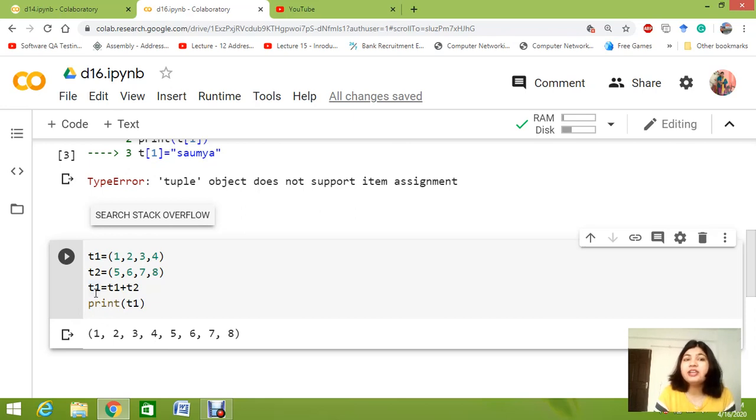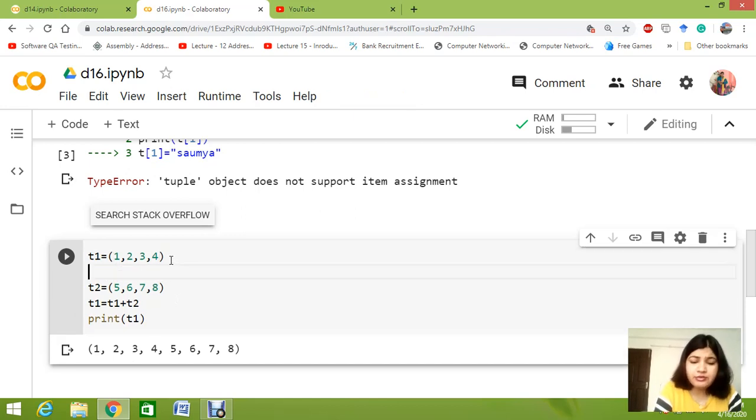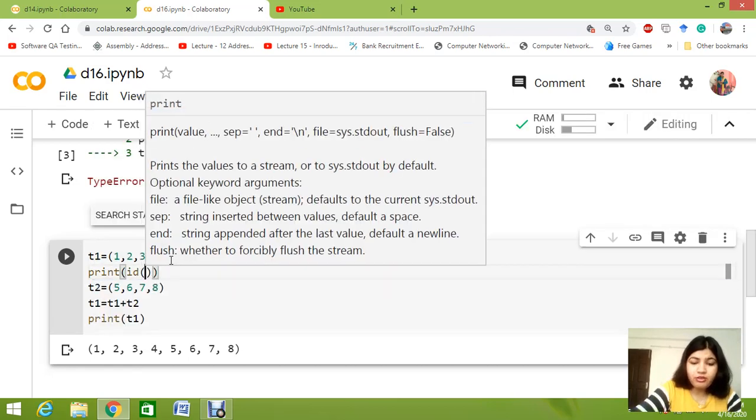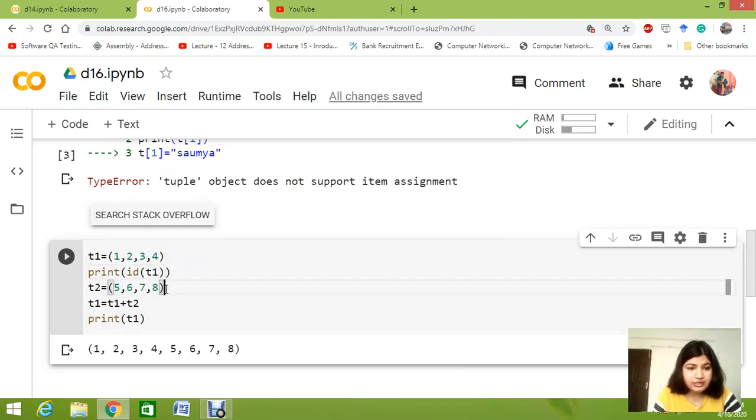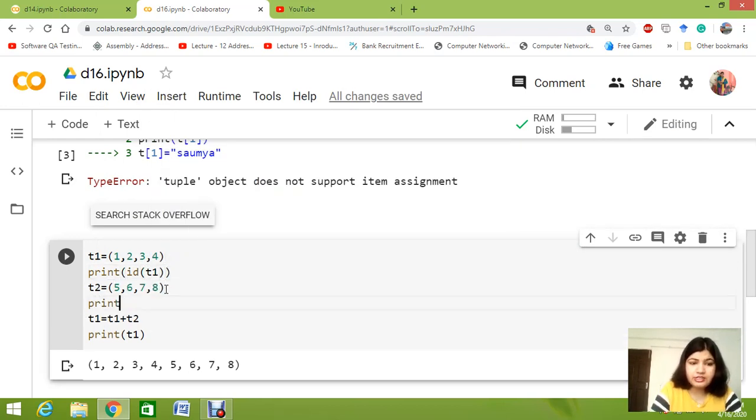It is actually reallocating or recreating one tuple. For that, let's have the IDs printed over here. Print the ID of T1, which is here, the first T1 which we have declared. Then let's have the ID of